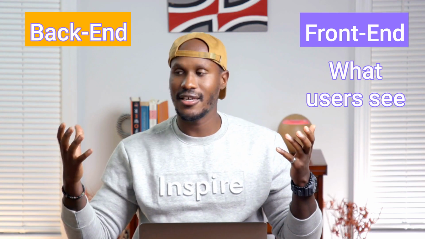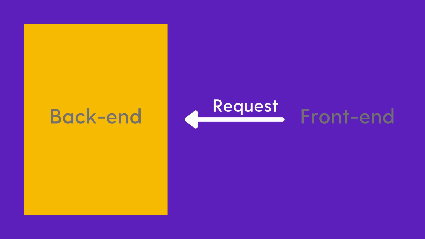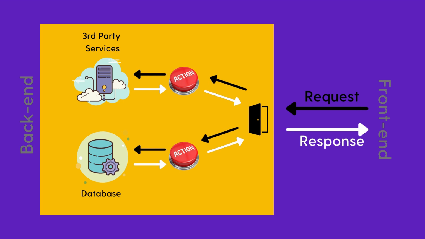Ladies and gentlemen, the front end is what the users see. The back end is what we don't see, but it's literally the brains of the whole operation. And to talk to the back end, I told you, the front end sends a request or a bunch of requests. On the back end, there are these request receivers that we call endpoints. And these endpoints are just there to receive the specific request. Now, the endpoint receives this request, sends it over, delegates it to some sort of actions that then go do something with the internet or wherever else that might be available, and also has access to the database, and then sends back the response.